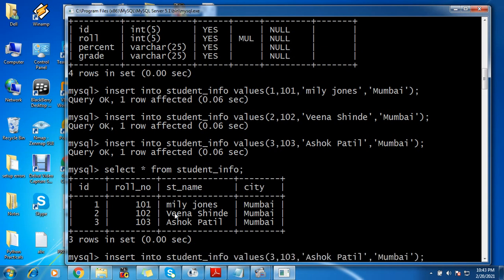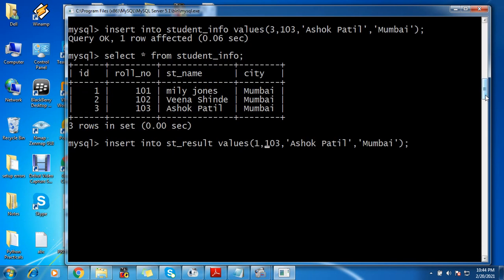Now I will insert some records in the student result table. So first record I will insert is for 1, and for roll number, let me put screen to a visible position.